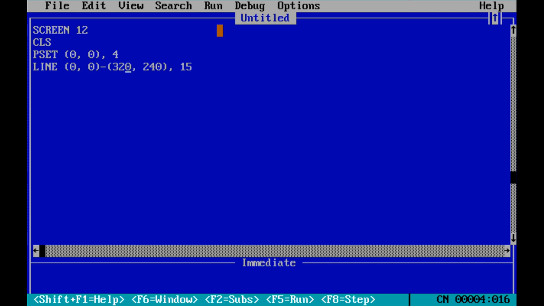Next is the circle command. The circle statement is used to draw a circle or an arc around the given coordinate with the given radius. Let's learn circle.